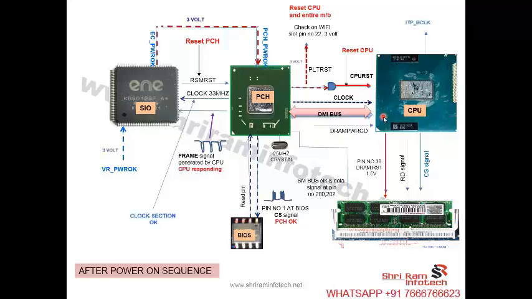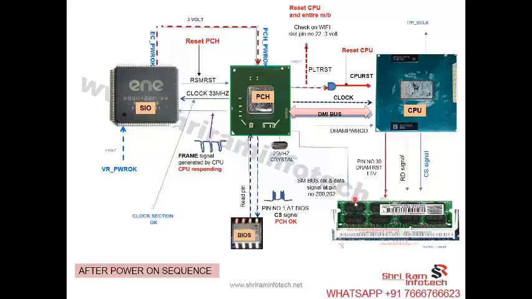there or not. So he first checks that the CPU is working, then he accesses the RAM. This is a two-wire communication protocol. It's called the SMBus, System Management Bus, two-wire communication between the PCH and one small chip on the RAM. This is called the SPD, Serial Presence Detect.